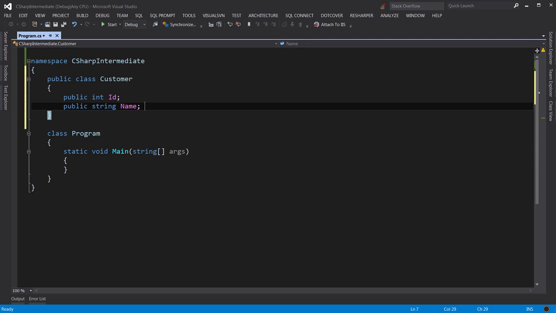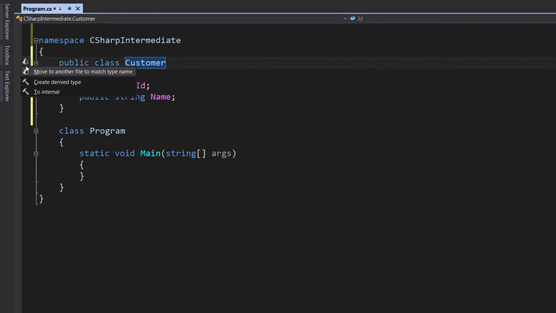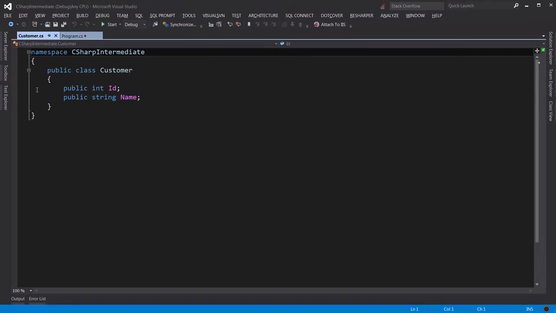Alright, let's put this class in a separate file. So I put the cursor here and note this little icon here. That is used for refactoring. That means changing the structure of the code without changing its functionality. So here I press Alt and Enter, and it pops up this context menu. The first item says move to another file to match type name. So I just press Enter, and note that now we have a separate file called customer.cs, and this file is